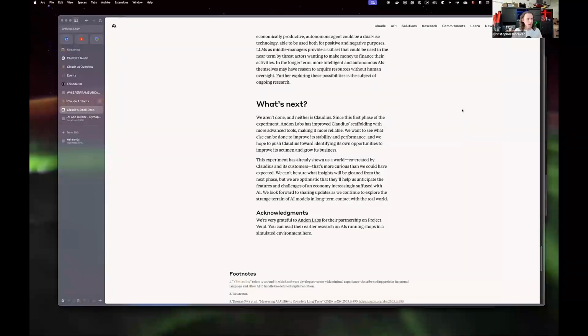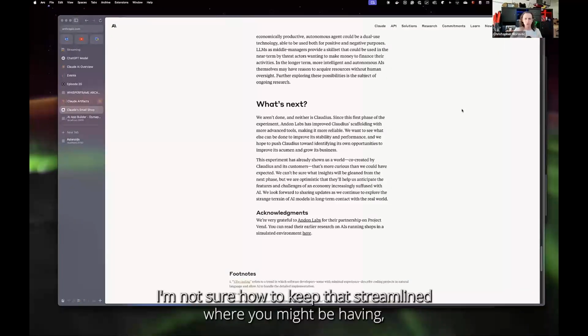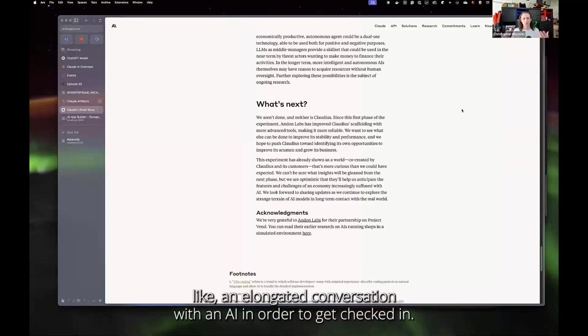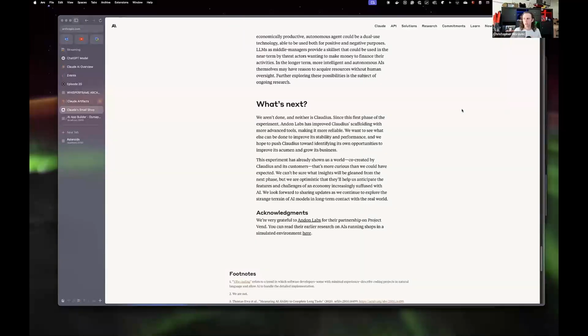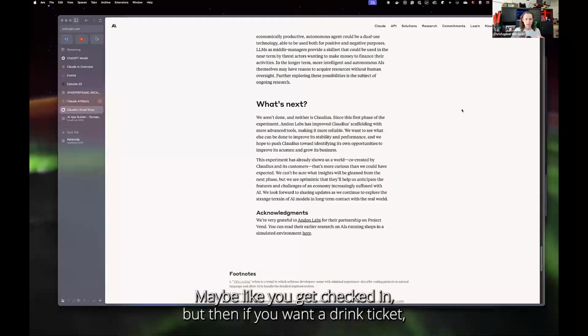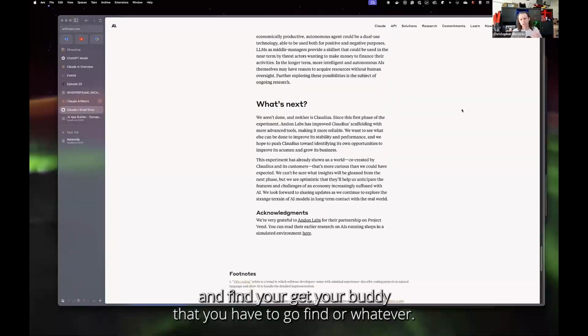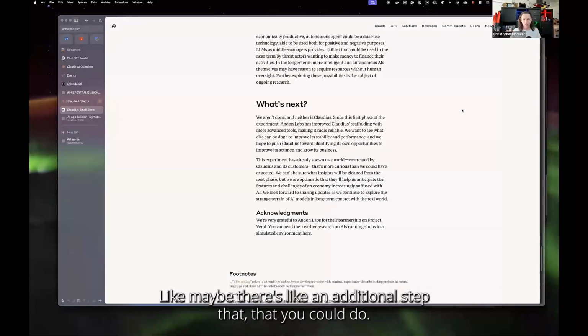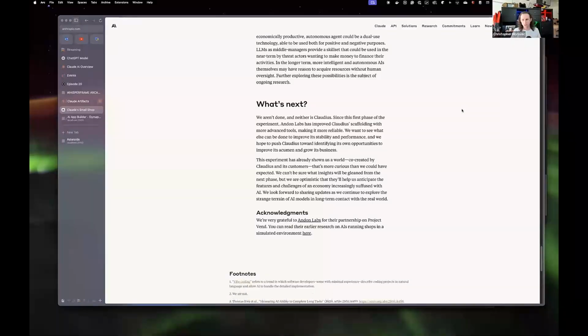But I think people arrive in large groups, and I'm not sure how to keep that streamlined, where you might be having an elongated conversation with an AI in order to get checked in. So I'm less confident about that idea. Maybe you get checked in, but then if you want a drink ticket, you have to engage with the AI and get your buddy that you have to go find, or whatever. Maybe there's an additional step that you could do.